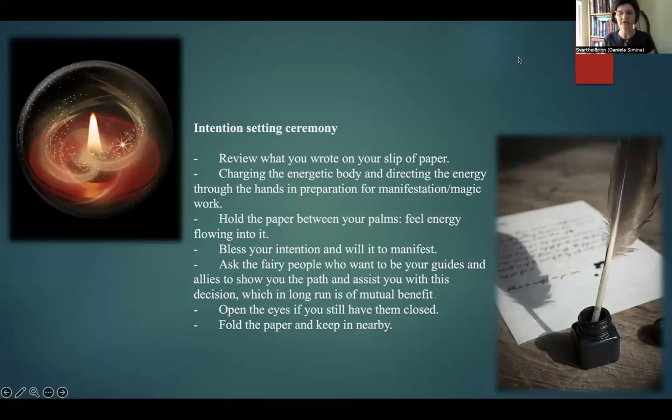Next time you breathe in, hold the breath. Now breathe out, moving the energy, the heat from your abdomen down through your arms and out through your palms. Feel your palms activating. Maybe your fingers tingling. And now get the slip of paper that you wrote your intent on, and fold it, place it in between your hands, hold it.